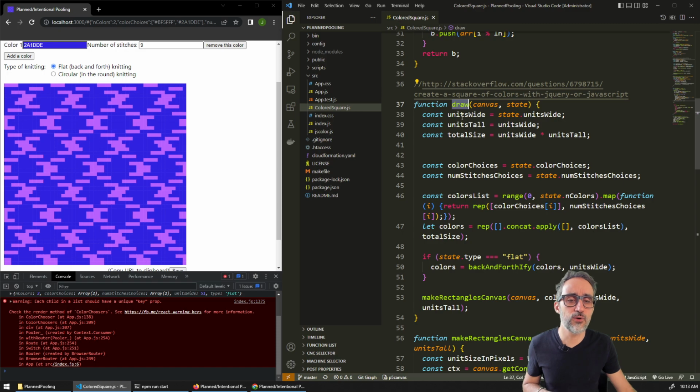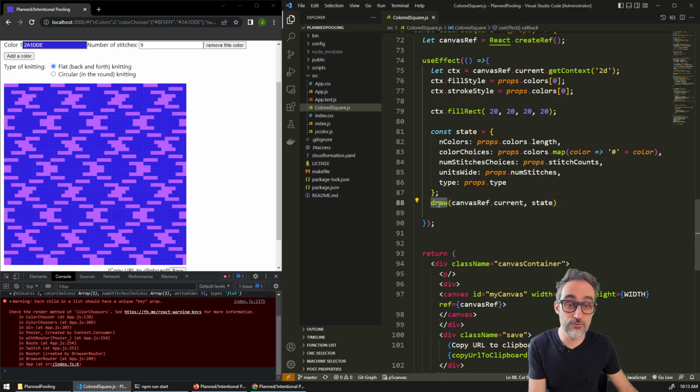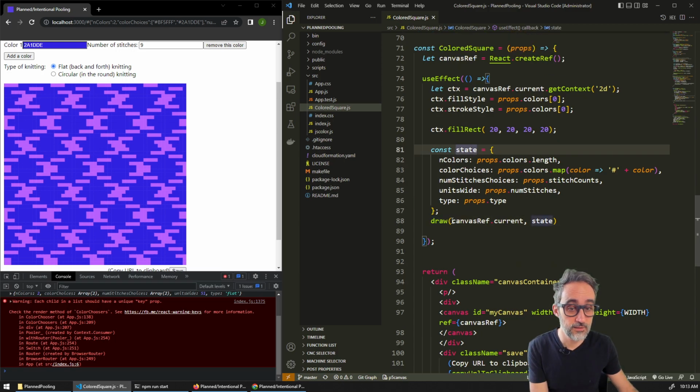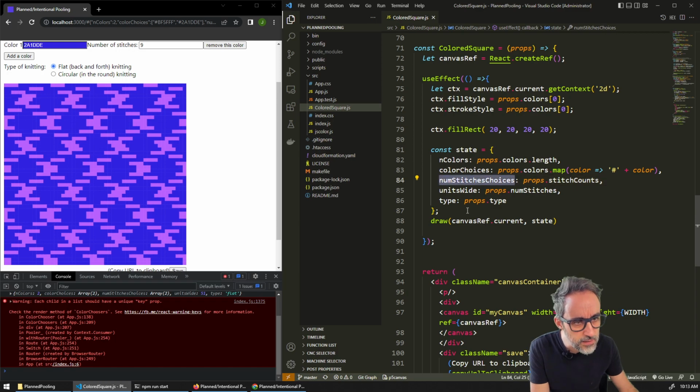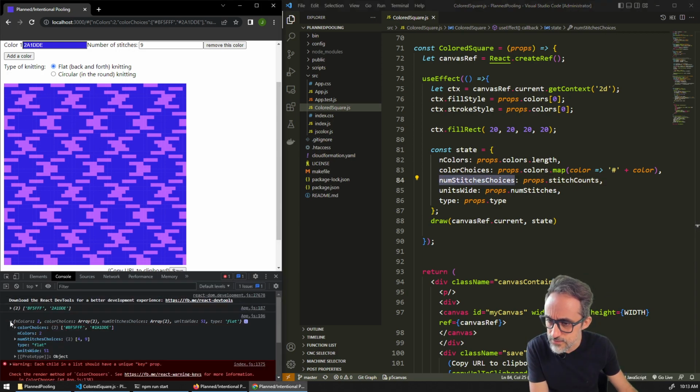And you can see that it already has units wide taken from some kind of state object that gets passed here, and units tall is the same as wide. So let me see if I can find this state object. I'm going to go to draw, and I can see that there is a call to the draw function that is passing this reference to the React object and this object called state that has all the properties: the number of colors, the color choices, number of stitches, and I can see that there's a dump here